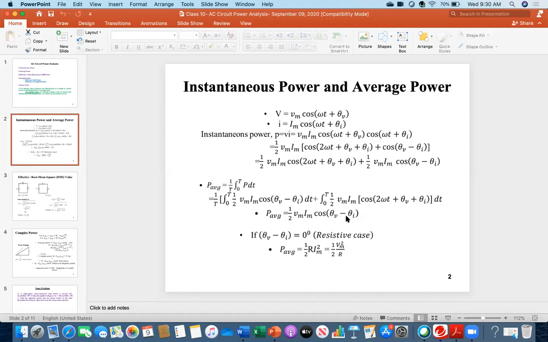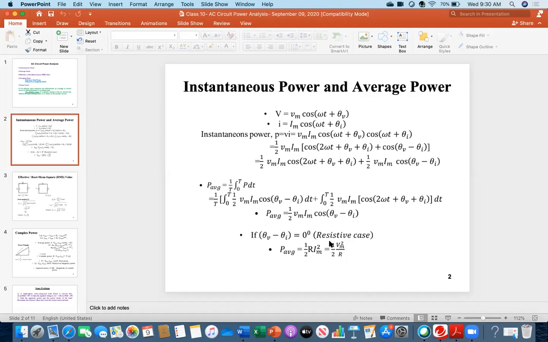So therefore, you see, if this portion is 0, cos 0 is 1. So what you can say, your P average is half VmIm. And you see, it makes sense. Again and again, I am referring to your DC circuit. Think about the DC circuit. There was no cosine theta term involved to calculate the power. You simply multiplied voltage and current. And really it makes sense.